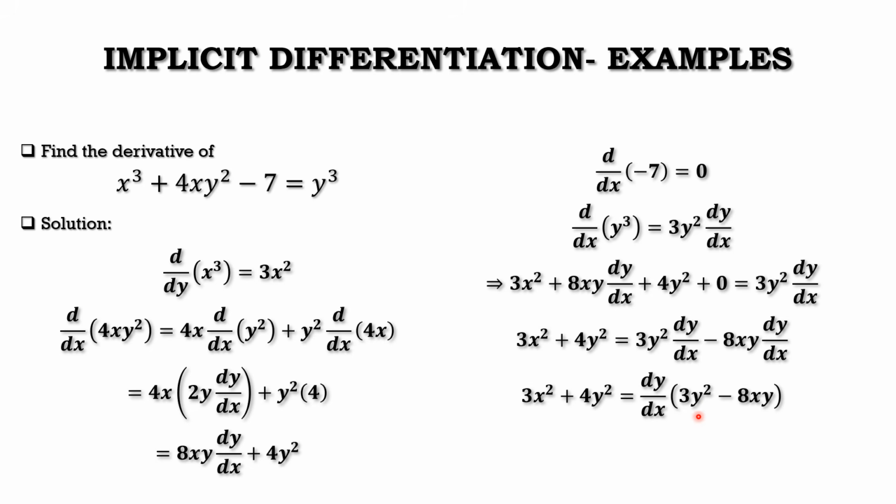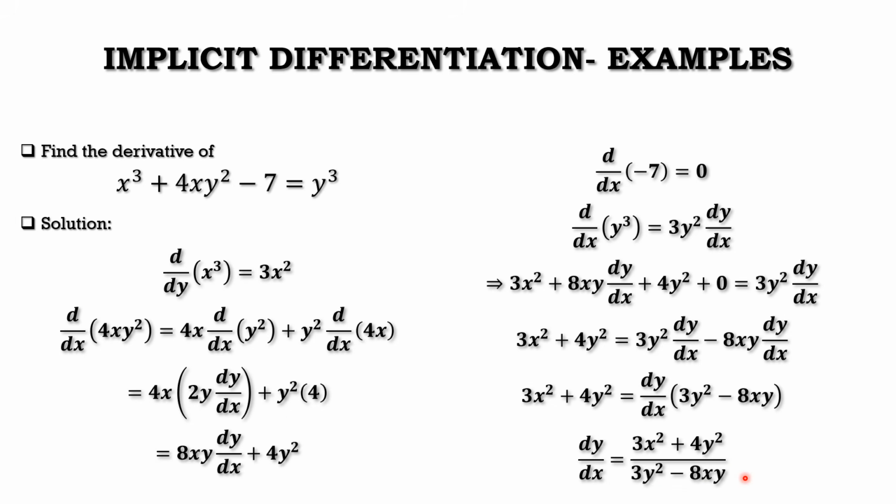So we have to isolate 3y squared minus 8xy from the dy/dx. Doing that, it means we need to divide both sides by this expression. Then our final expression or answer will be dy/dx equal to 3x squared plus 4y squared divided by 3y